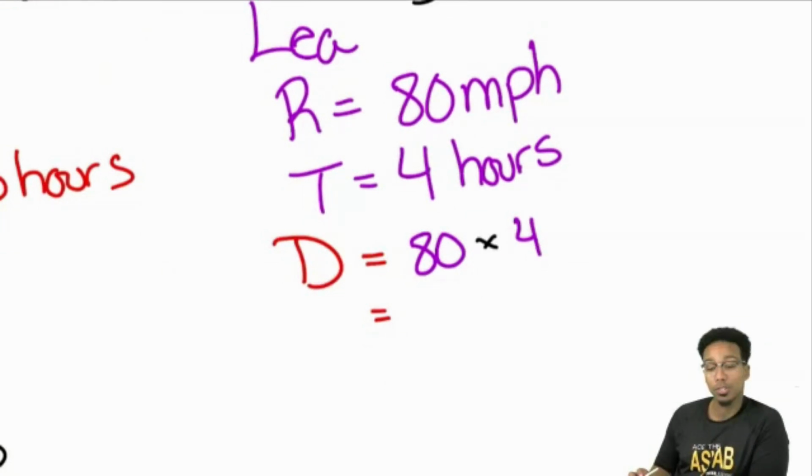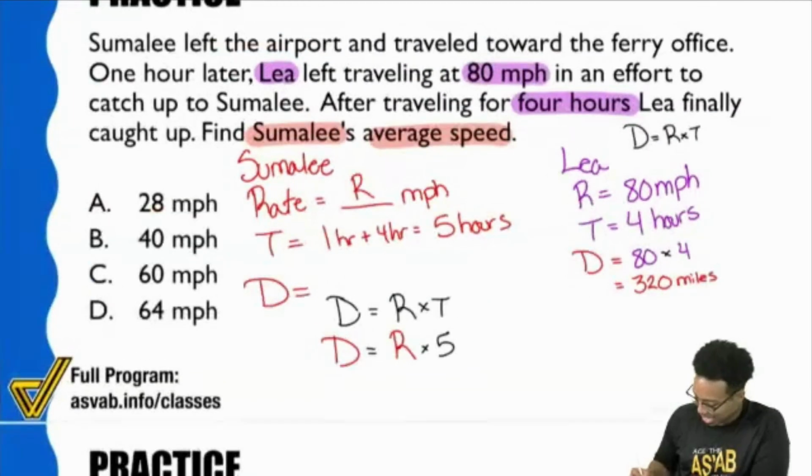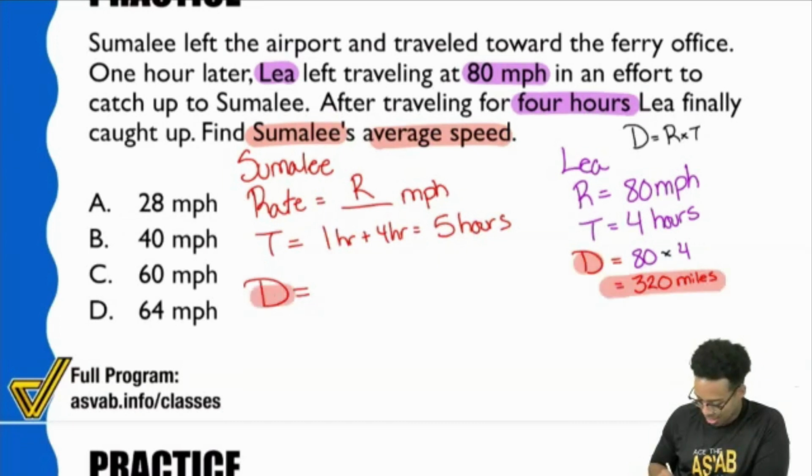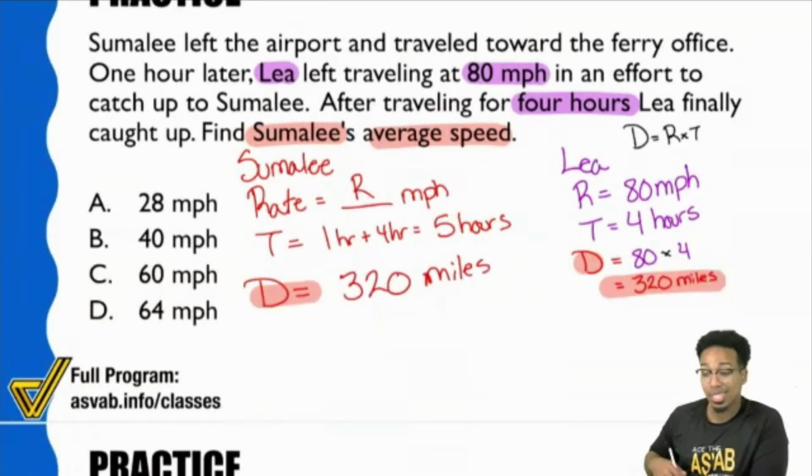Yeah, Leah just got an oil change for sure. So that 80 times 4, that's going to be 320 there. Yep, 320 miles. And so with that said, that's the same distance from over here. Let me go ahead and get rid of this. That's the same distance here as it is here. Does everybody understand that? They went the same distance. They did it in different times, but they went the same distance. That's the biggest key there. That's the biggest key.